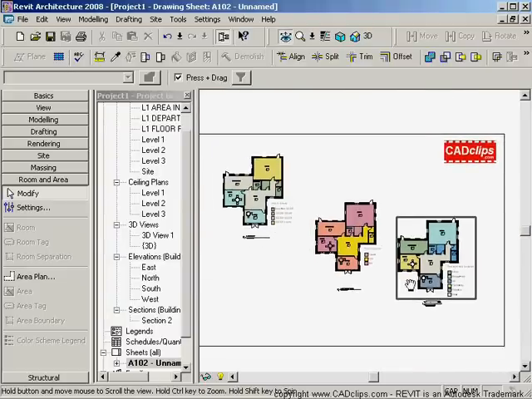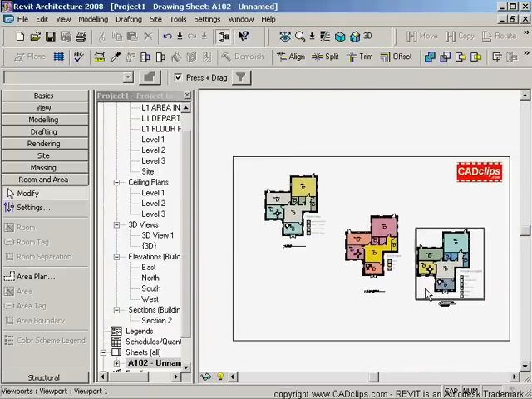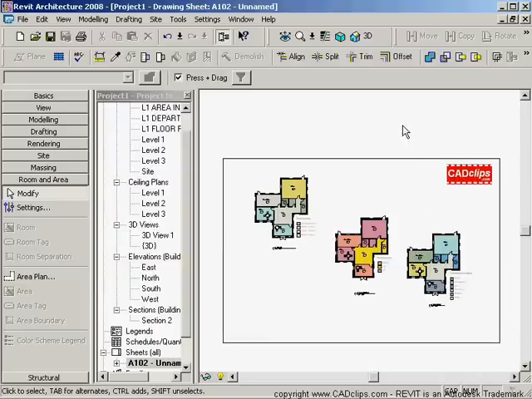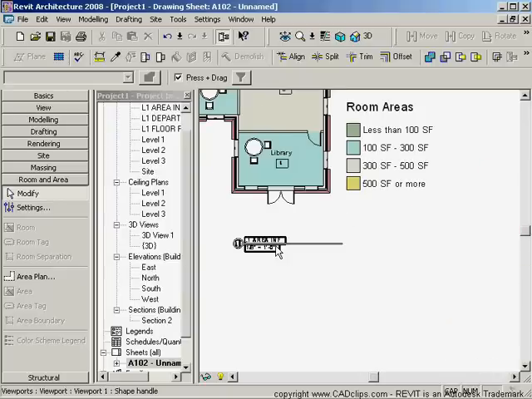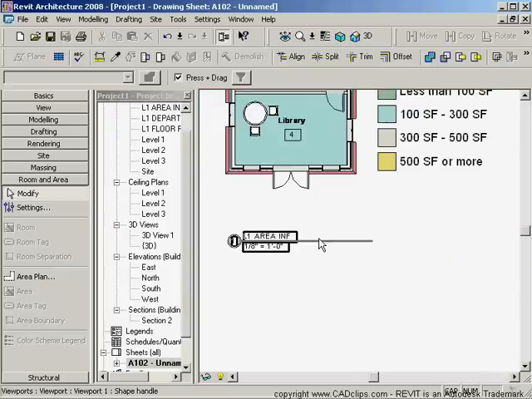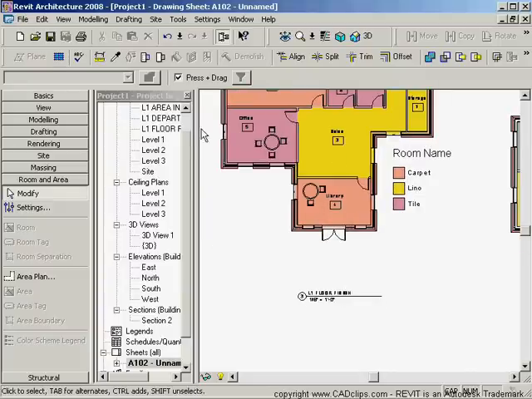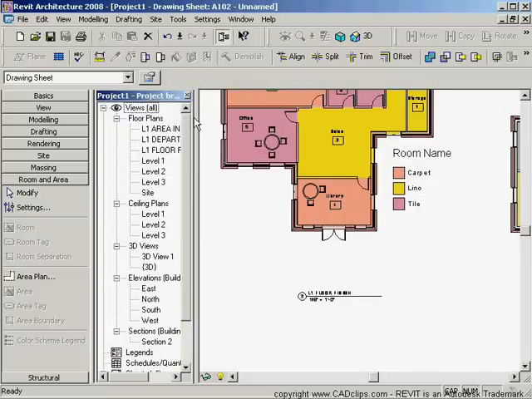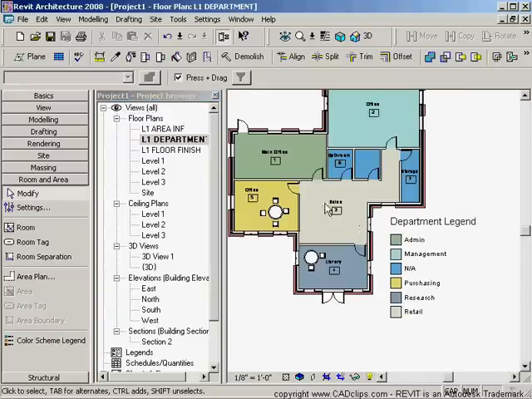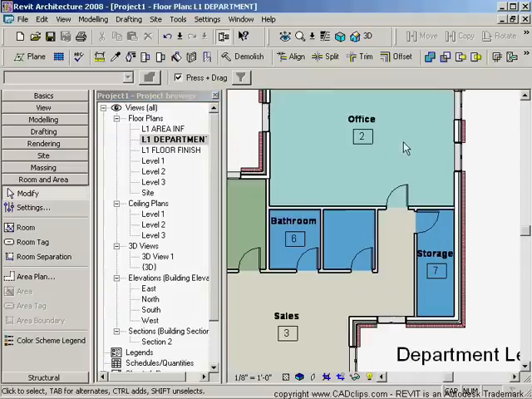And of course, in true Revit fashion, as we do any updates or change any room names or change any departments, it's all going to change. If we go here to, this one is square footage, let's do one that is department. We'll just see a little update here. Department based. Okay, there's office number 2. Well, if I hover over here